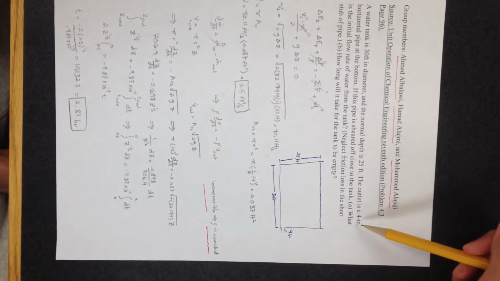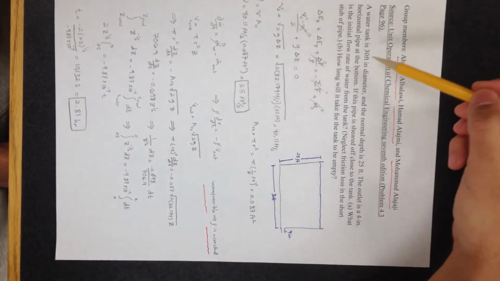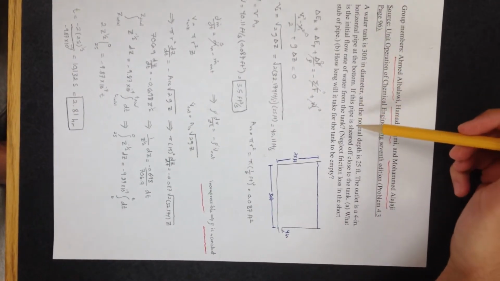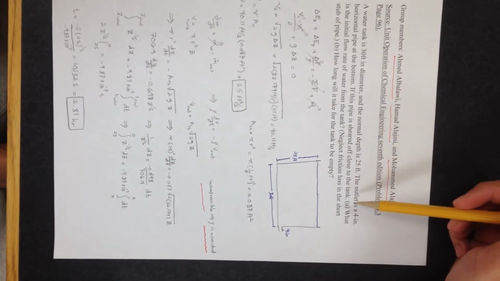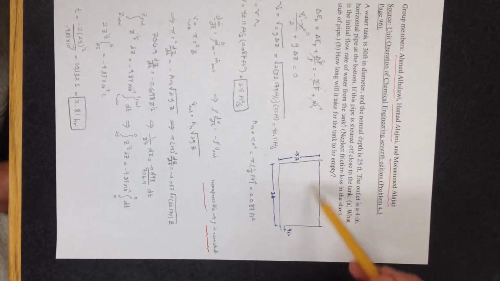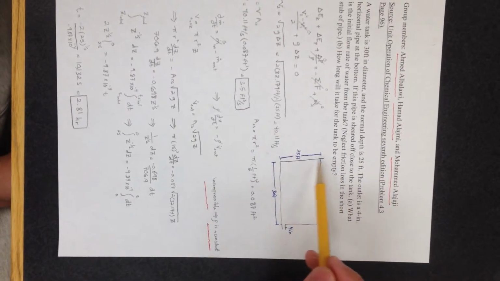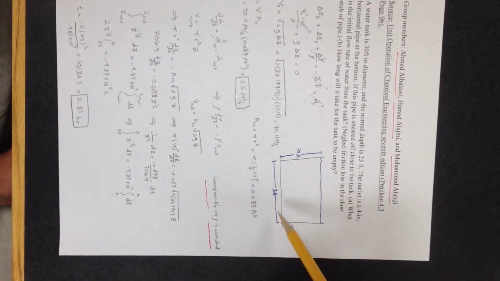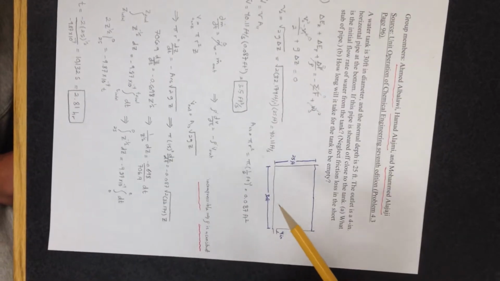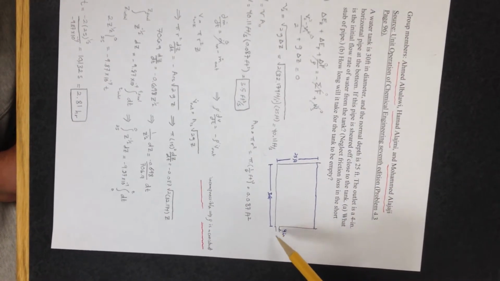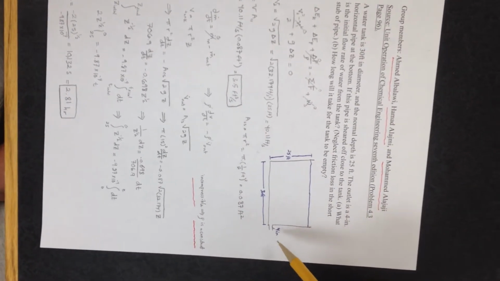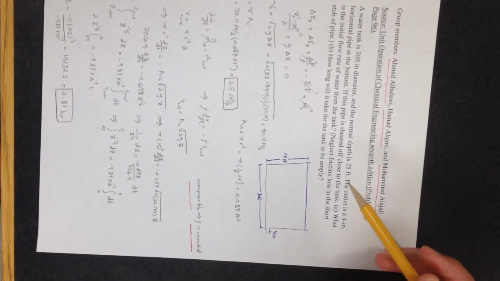The question is, a water tank is 30 feet in diameter and the normal depth is 25 feet. The outlet is a 4-inch horizontal pipe at the bottom. If the pipe is sheared off close to the tank, and here's a picture of the tank, it is 25 feet in height and 30 feet in diameter, and here's the outlet pipe, which is 4-inch. And the first